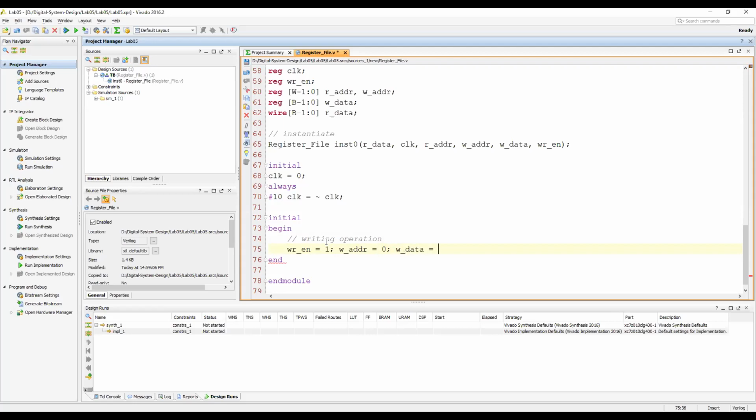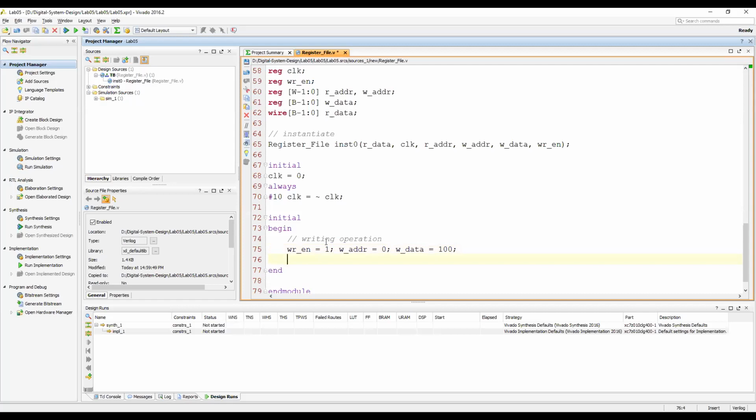What is the data we want to save on this memory address? Any 8-bit number we can save. We can put it in the form of decimal or in the form of binary. So let me put it in decimal. An 8-bit number can hold up to 256 values, so let me put 100, a simple number which we can remember. Okay, so this is written.